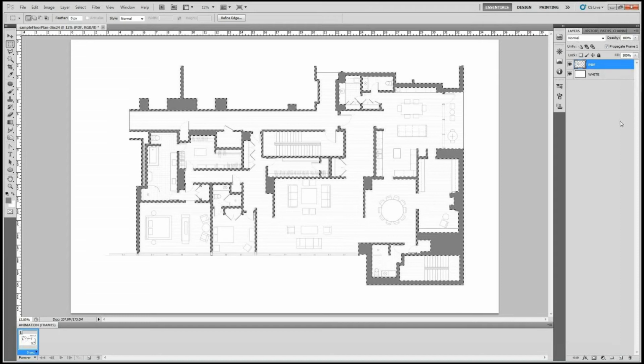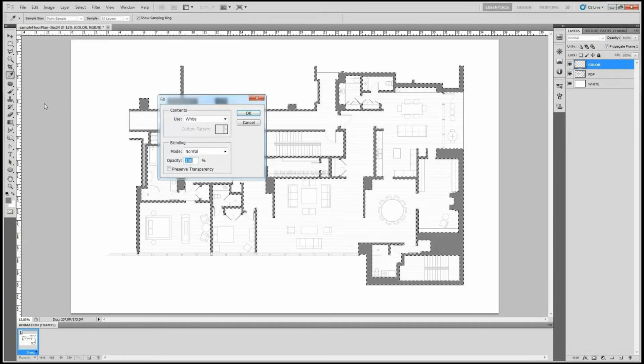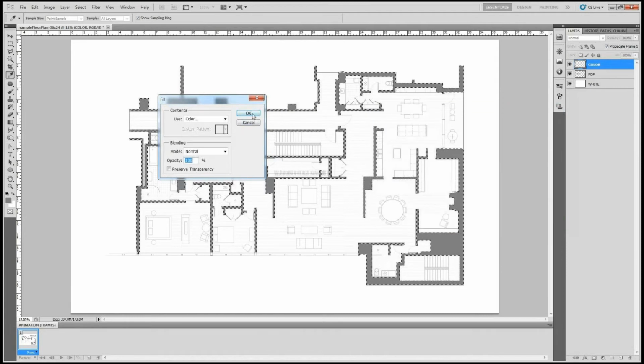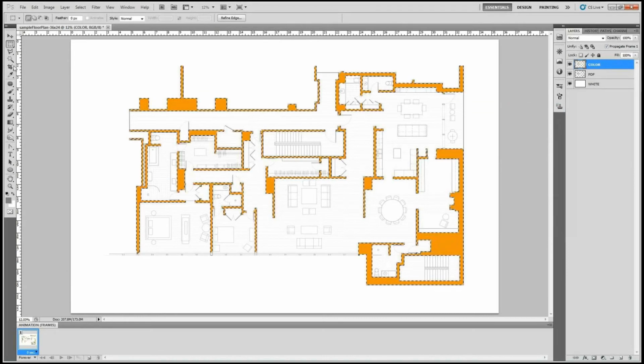With these all selected, I'm going to make a brand new layer, because if I did anything here, it'll erase my AutoCAD file. A new layer, I'll call it color. And here under Edit, I'll choose Fill, and I'll fill in these gray walls with the color of my choosing. So for example, if I want to choose a bright color like this, I hit OK, and suddenly those walls